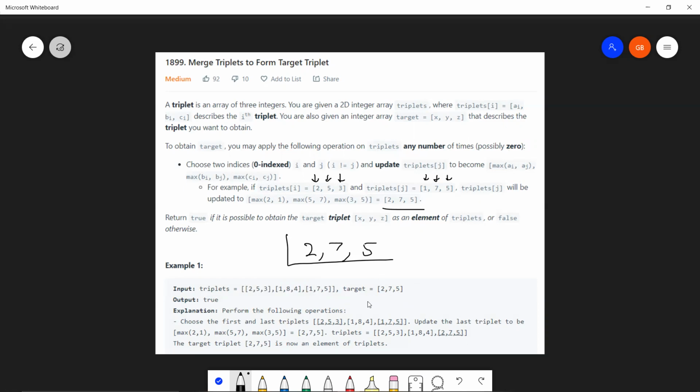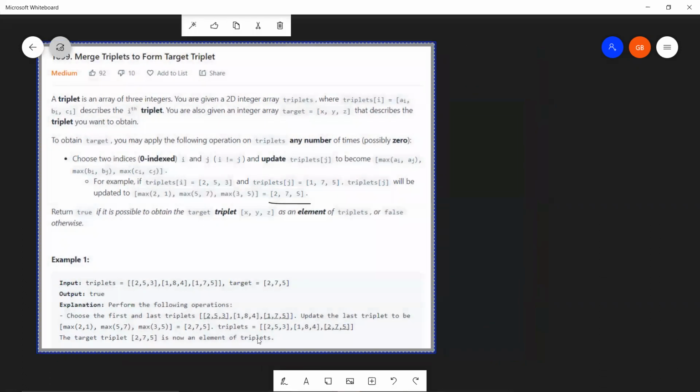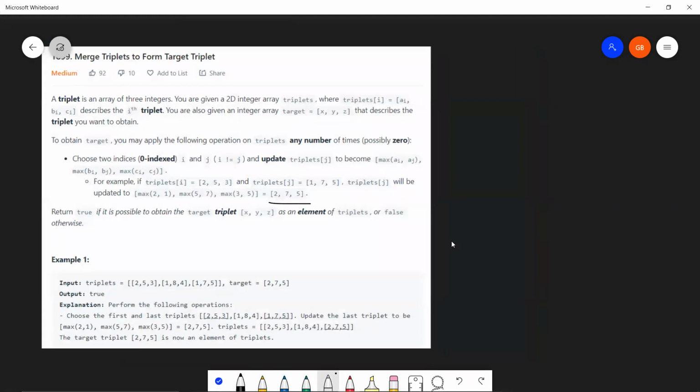So this question, I hope you understand that you don't need to actually write a loop or recurse through these triplets and find all the possible pairs. It's very simple. Some things you need to understand, some things you need to observe. Let's observe them together. First observation. I'm not actually going to write the observation, I'm just going to display the observation.